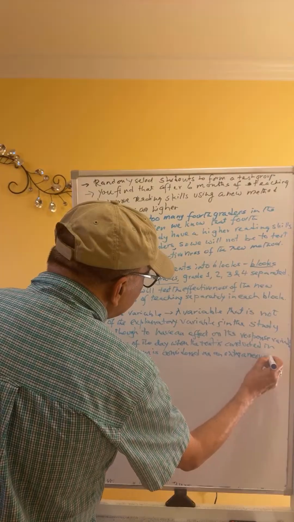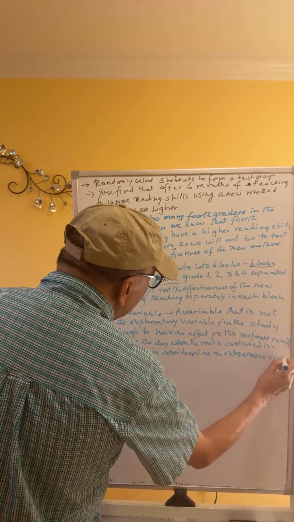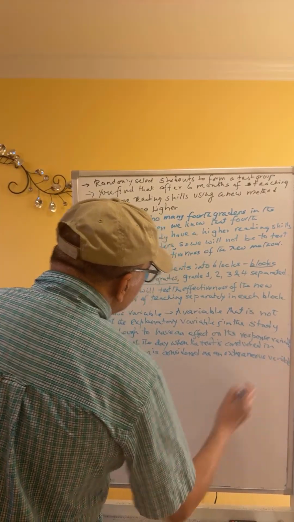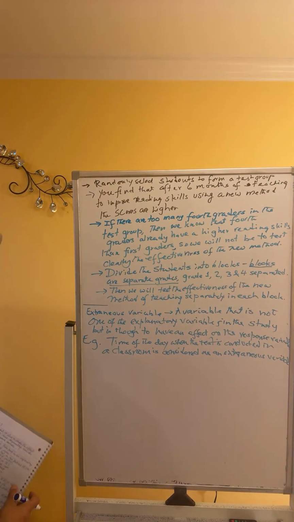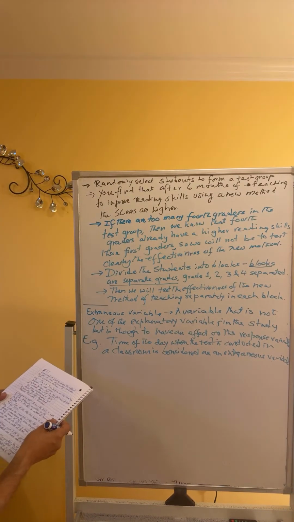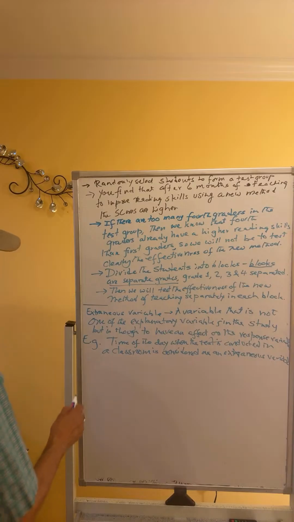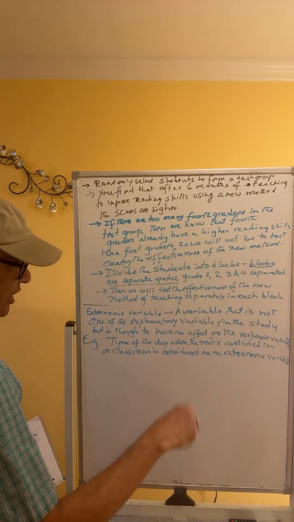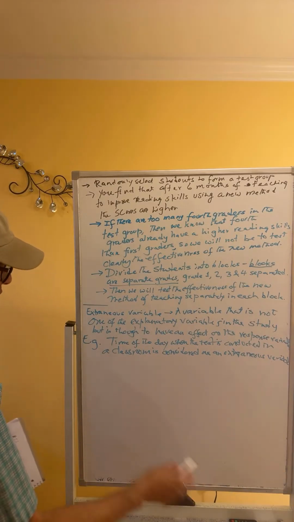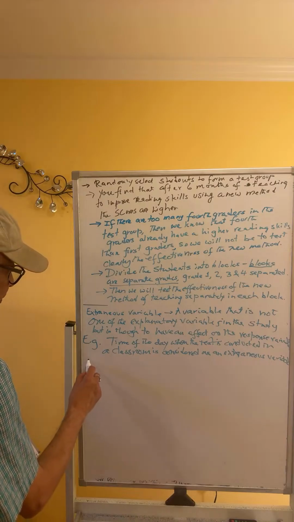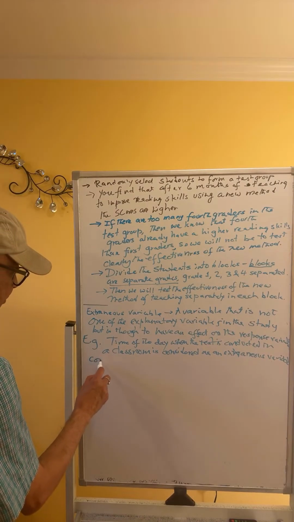We already talked about students being more alert in the morning. Okay. So instead of conducting the test at 8 a.m. in the morning and 2 p.m. in the afternoon, what we should do is probably conduct the same test